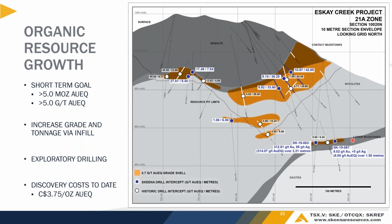So here you can see a second occurrence where we have our basalts on top, which I just talked about, the main contact mudstone, which hosted all the historical mineralization at Eskay Creek, and then the rhyolites. But again, with VMS sequences, you get cyclicity. So we have another mudstone, another period of quiescence. And you can see here that it's fertile. 314 grams per ton gold equivalent over 2.2 meters, flanked by another drill hole that we extended down there as well. So the idea is that we would be able to target this lower mudstone horizon